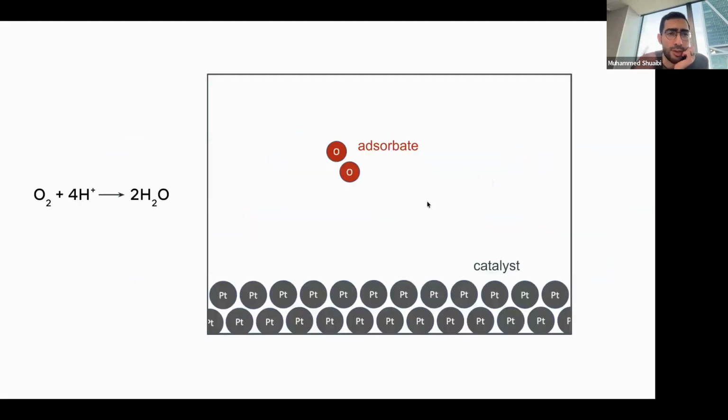So let's walk through that example. You have a reaction that happens in this car: oxygen plus 4 hydrogen atoms produces water. So what does that actually look like? This is the catalyst material, like a metal plate inside the car. You have oxygen intake; oxygen is coming into the car. And just for vocabulary, this is considered an adsorbate. Any sort of molecule we refer to as an adsorbate, and the metal surface we refer to as a catalyst.